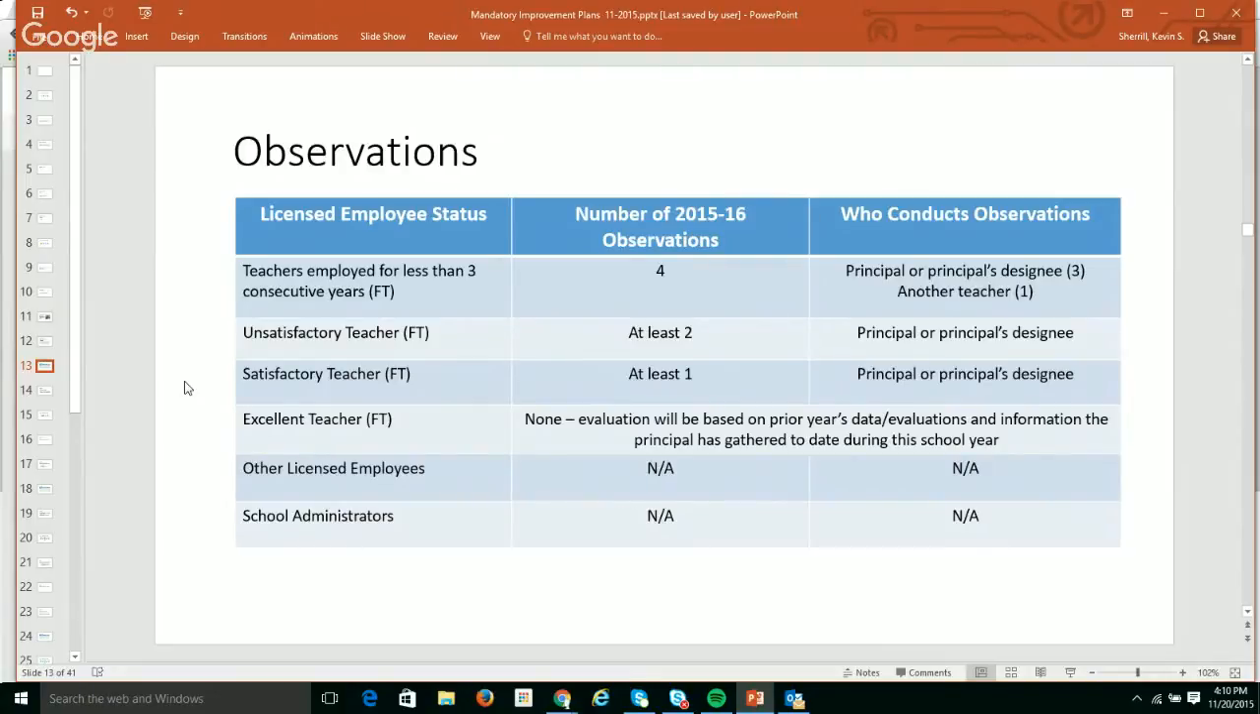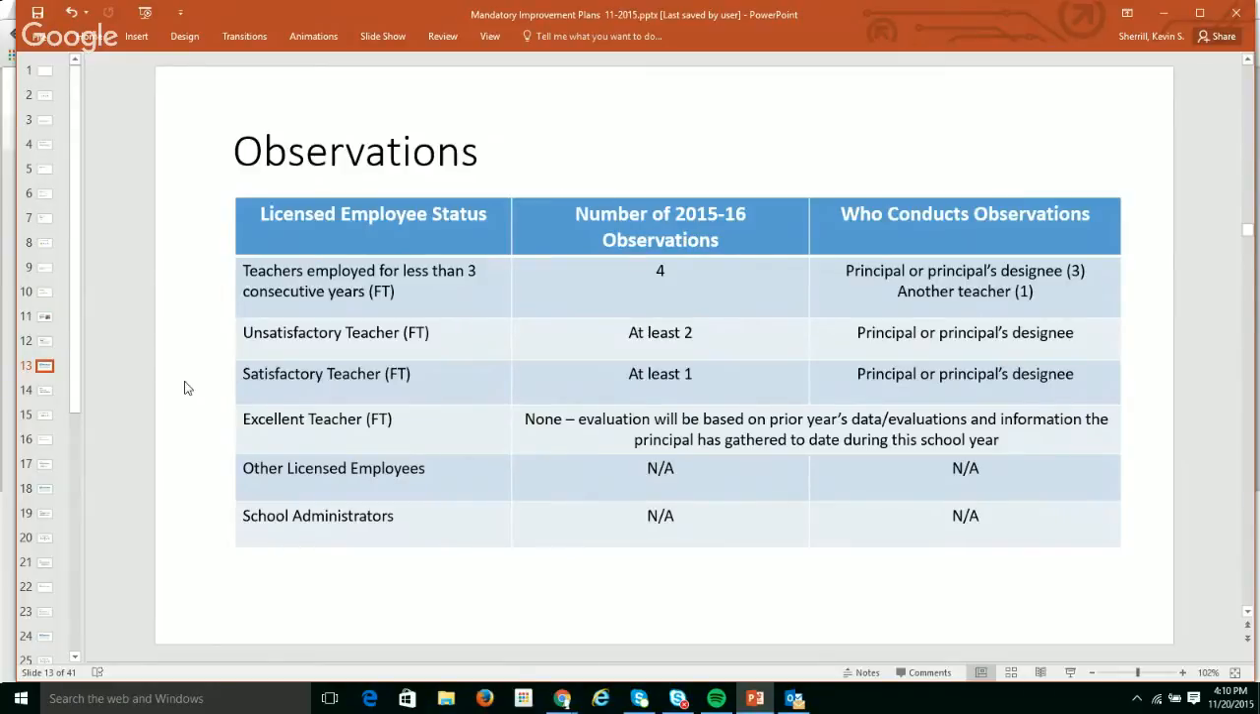evaluation. If you have somebody that you already know is excellent, this is your star teacher who has great professionalism, great attendance, good EVOS, that person, you don't need to do any observations of that person. None. You may have already done some, and that's great, but you don't need to do any more. You already know that they're great, and so your evaluation is going to be based on the data that you